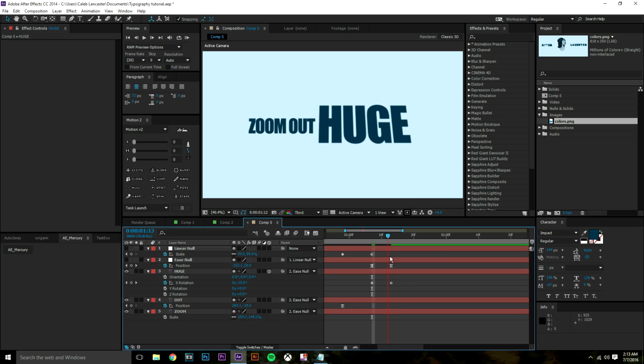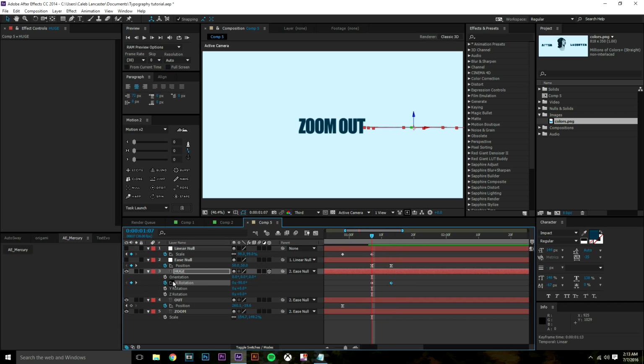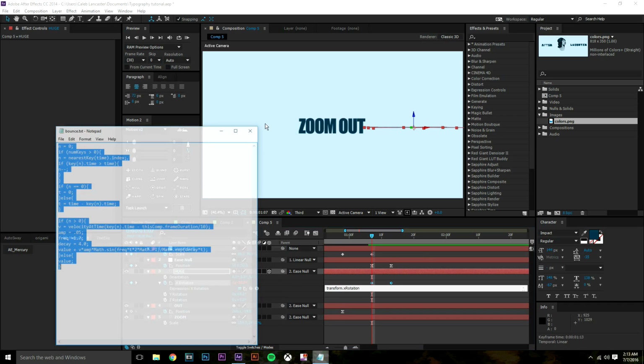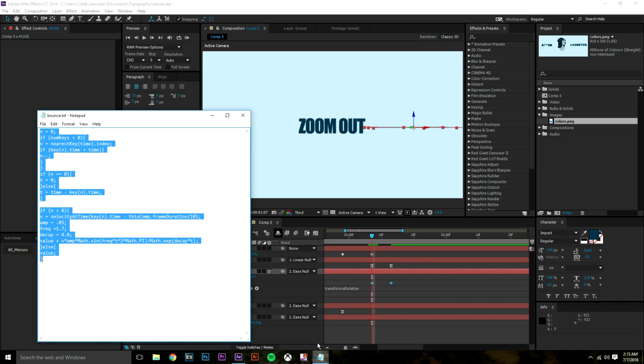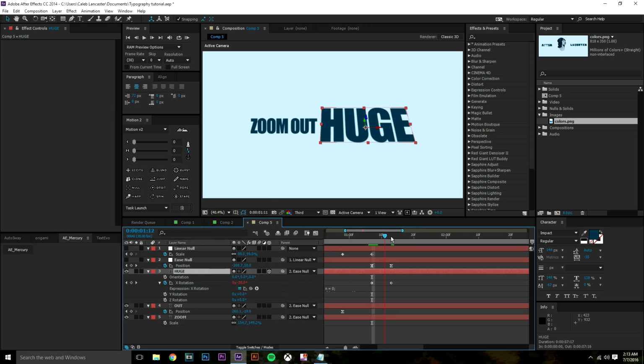And the bounce is also determined off of velocity of the keyframes, so the closer you put them into each other, the bigger the bounce is going to happen. And if you want to mess with that, you can always mess with the expression yourself. So to get that expression going, you just get the stopwatch and hold down Alt and click on it, and then this little line will come up, and then just go to the paste bin I have in the description, copy down this expression, and paste that in, and that will add some nice pizzazz to the text and give